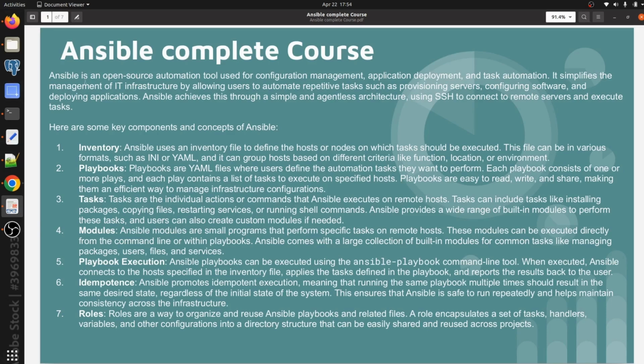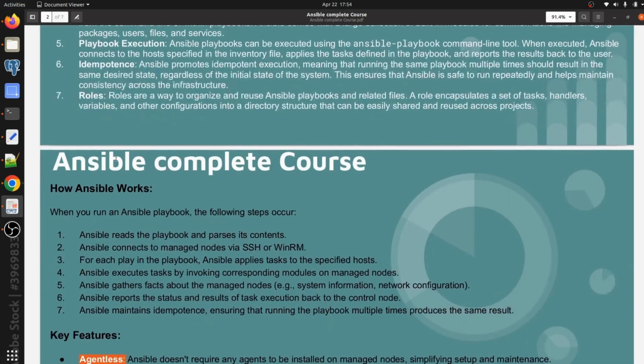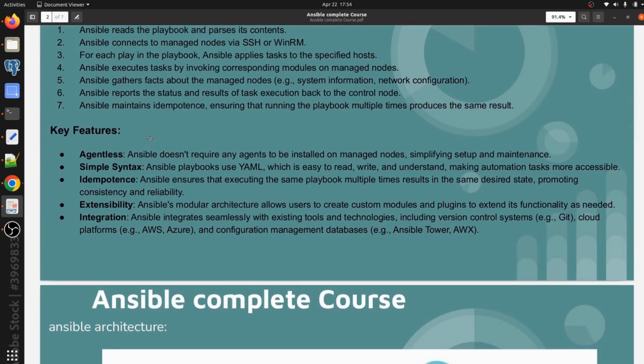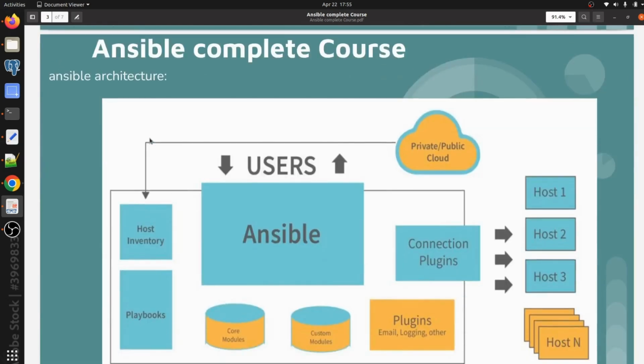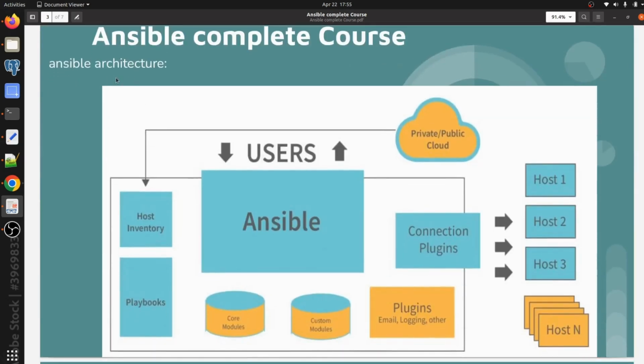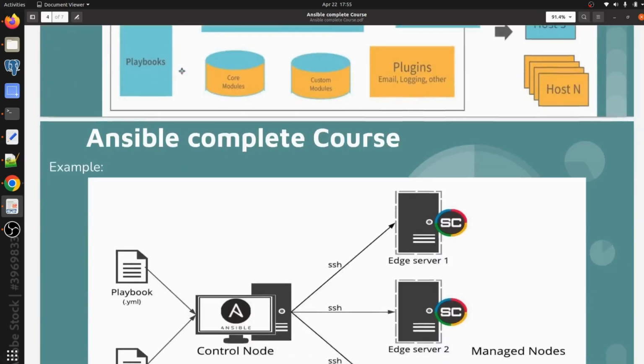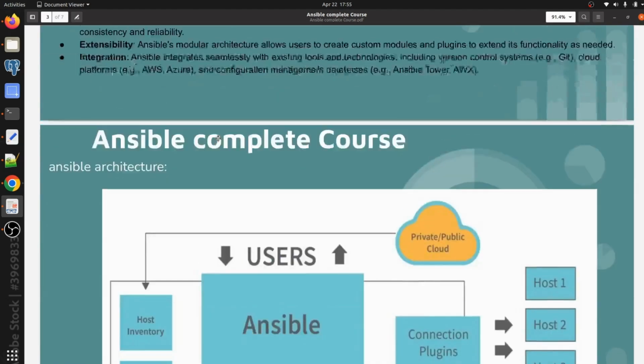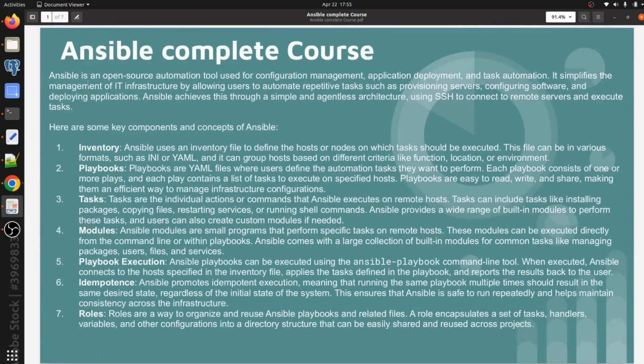But I have written the definition here, and some key points of Ansible and some key components, then how Ansible works. Okay, then some key features of Ansible we are going to see in this video, and then we are going to discuss Ansible architecture and an example here as well. In this video we are going to see all the things here. Okay, so we are not going to see anything practically in this video, as this video is the introduction part of